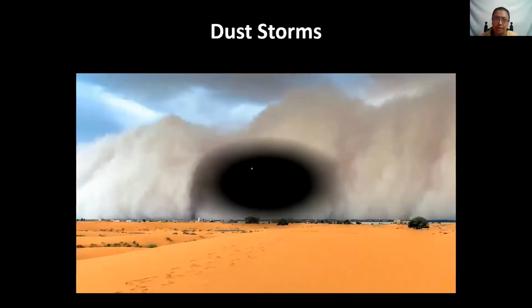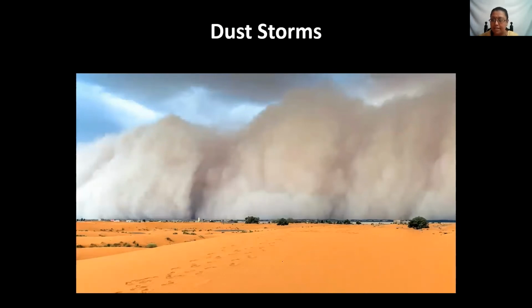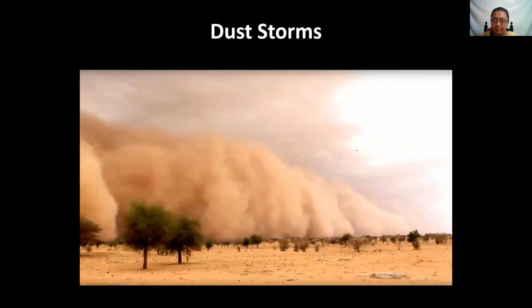Now look at this picture. You can see the sand area, right? It is a desert area. And what you see in the background, this white color structure, don't think this is a cloud. They are not clouds. They are the strong winds carrying the dust and fine sand particles with them. Okay, these are called sandstorms. One more picture. See, this is also a desert area which has few short trees, and you can see one big sandstorm approaching it. Right? They carry fine dust particles.